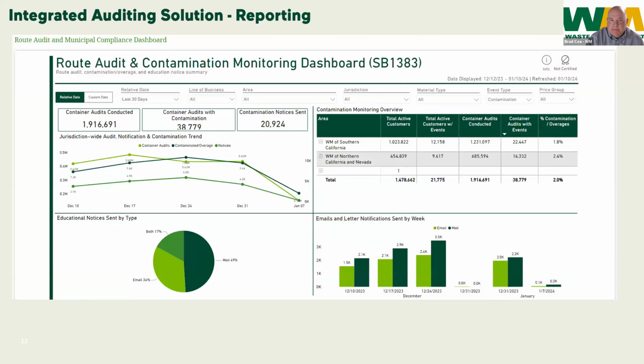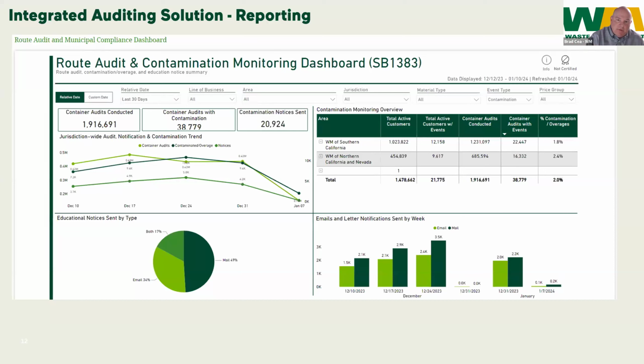So if you want to go to the next slide. Real quickly, probably the heart of what we want to discuss, this is our dashboard solution. Again, you're getting a whole view of both markets, Northern and Southern California, in terms of what we can provide. We can get this down to the jurisdictional level. We did not pull in the city of Ridgecrest because some of the subsequent tabs have customer data, and we're very sensitive about sharing any customer data, specifically in a forum like this. But anytime Megan needs some information or wants to look at this information for her jurisdiction, we can provide that to her, and we can export all of this data into reports.